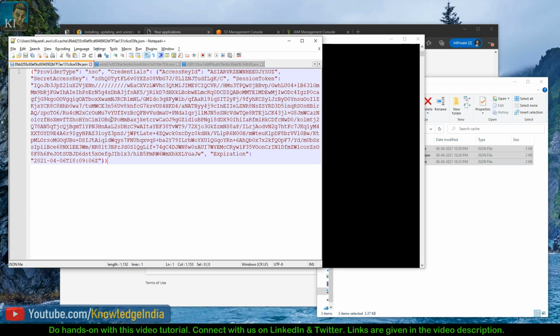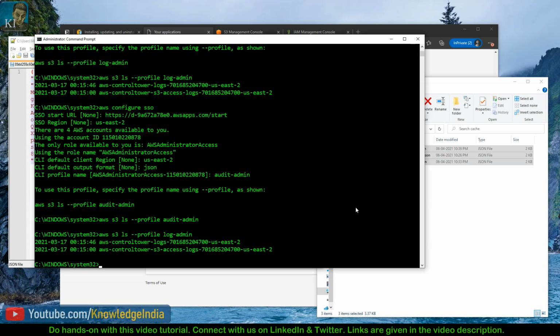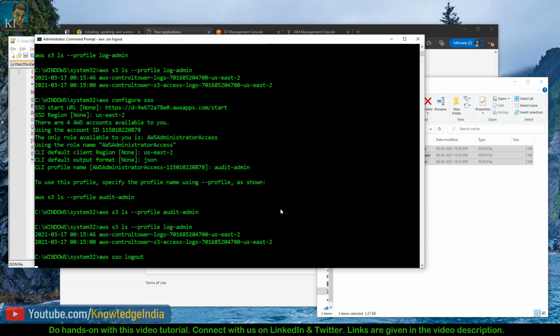Only when these credentials expire, I'll have to log in again. And what is the method to log in again? You will have to do AWS SSO login. For example, if I want to just finish my work, I'll say AWS SSO logout. If I do this,